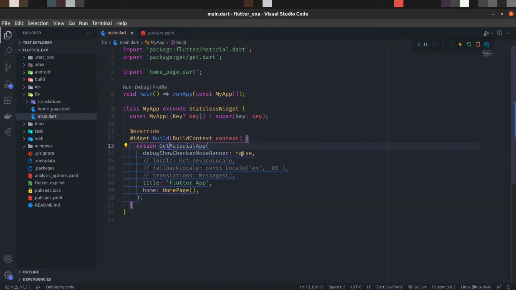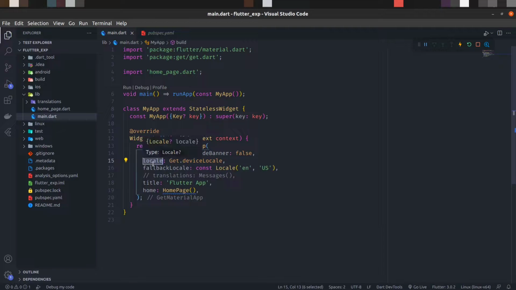So let's import it, and also we need to give these two things: locale, that's because it will take the locale language from the device, from the region, so that is also useful. And if the locale gets something wrong or something unsupported, then it will get the fallback locale from the given language that you will provide here. And for this, make sure that you have created the translation for this language, otherwise it will not work.